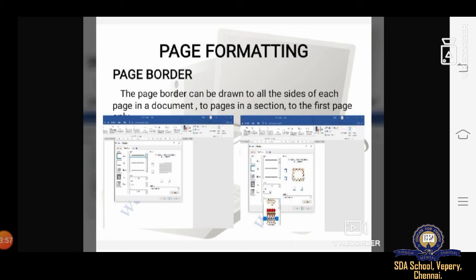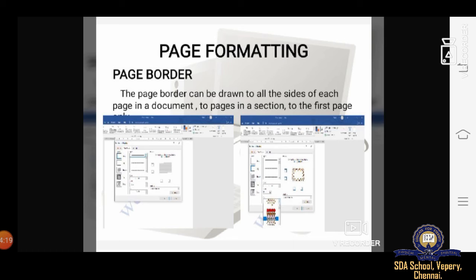follow the steps given. According to those steps, we need to follow the given instructions. The first step is we need to click the page layout tab of the ribbon. Then from the page background group, click on page borders.